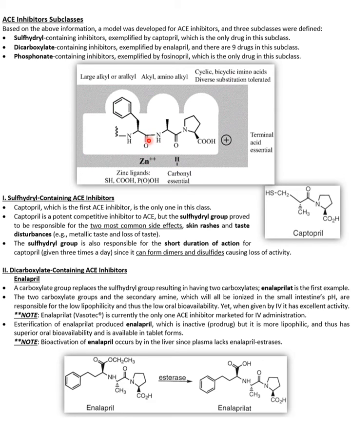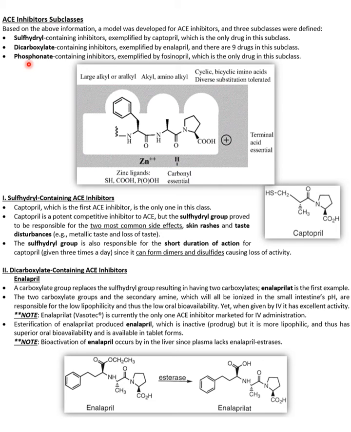And this could be either a carbonyl, okay, it could be a sulfhydryl group, SH, or it could be a phosphonate, like POOH2, OH. So that's why you will have three classes of ACE inhibitors. For the sulfhydryl, we only have one example, which is captopril, which was the first drug that was developed in this